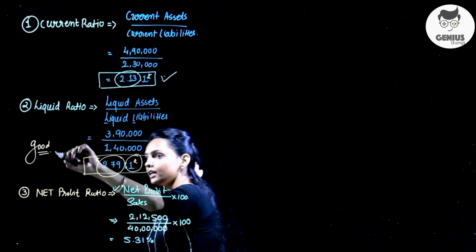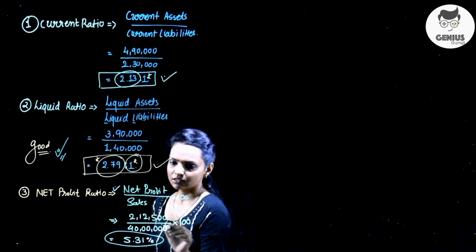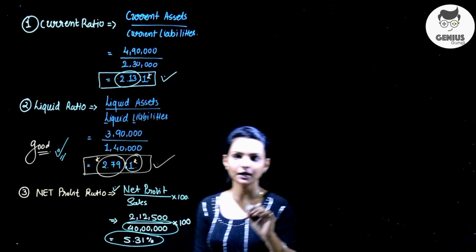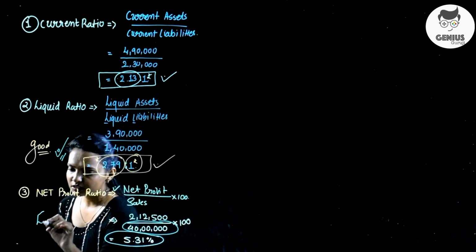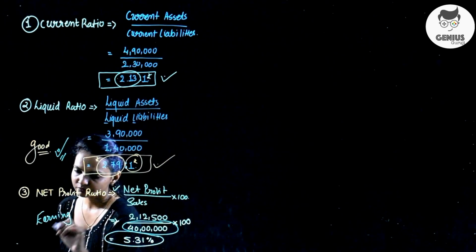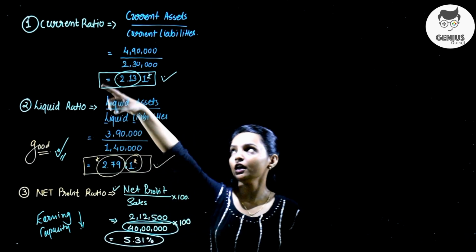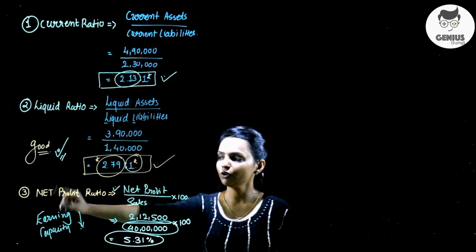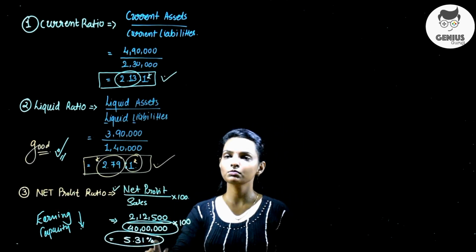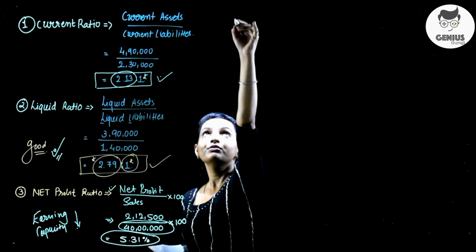Why? Because working capital management is efficient. But if you compare this, your sale is of rupees 40 lakh, but you are not getting proper net profit. So your earning capacity is showing lower performance. Okay. But don't forget that when you are mentioning current ratio, your answer will be in a figure. But if you are using net profit formula, your answer must be in a percentage, because you are multiplying with 100.